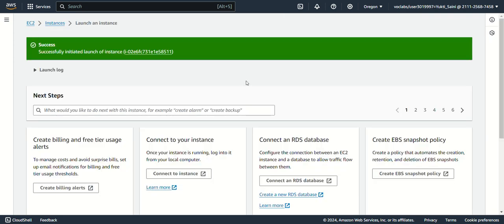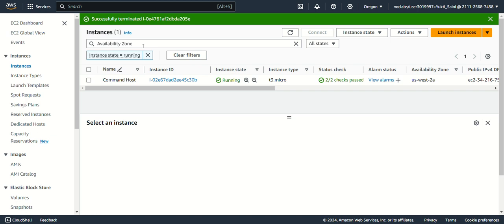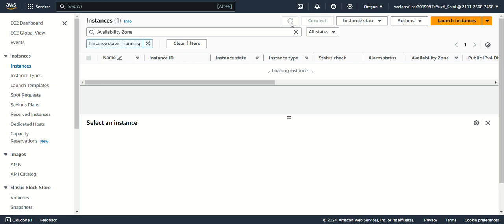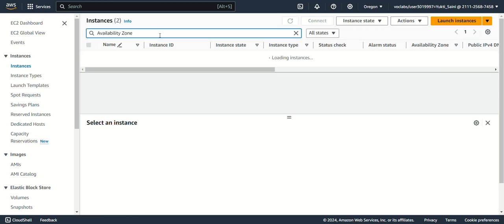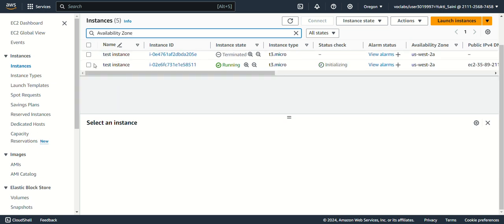So it is successfully launched. Let's go to the instance and check. Yes, see, this test instance is launched and running.